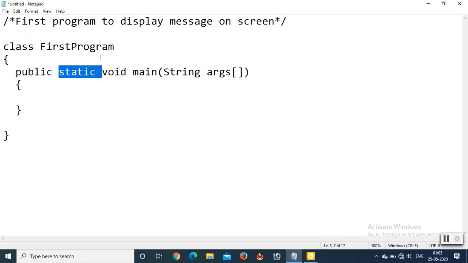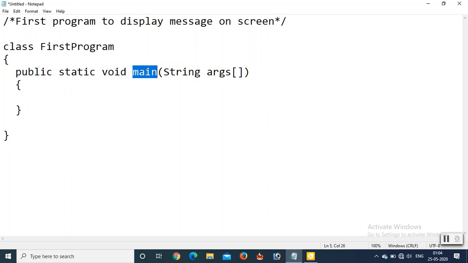Void means null, means no value. It means the return type of this method is void, which means there is no return value. And what is this main? Main is nothing but the method name. So what is the name of this method?